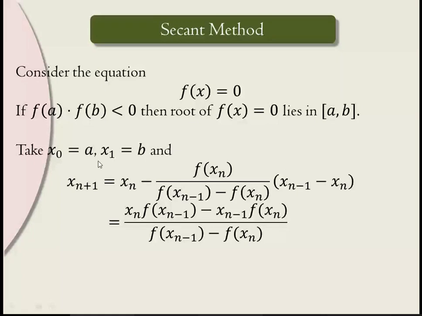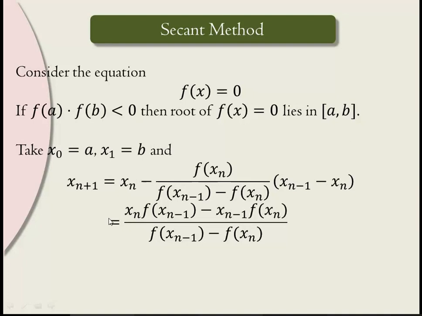Every time we remove the first point. Basically we start with x0 and x1, then whatever new value we get by using this formula, say x2, we take the new interval x2 x1. Then using x2 x1, whatever new value we get, say x3, we take x2 x3, then we get x4, then take x3 x4. So every time we remove the first point. In regula falsi, we fix the first point, and in the secant method, we remove the first point. We remove x naught, then we remove x1, we remove x2. Like that, every time we take the new interval, and then for that interval, by using this formula, we find a new iteration.